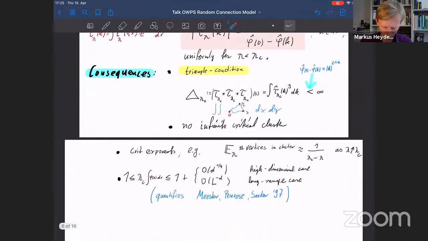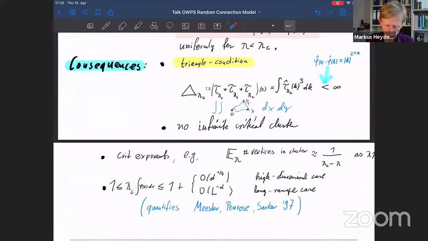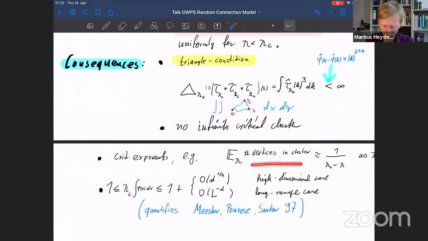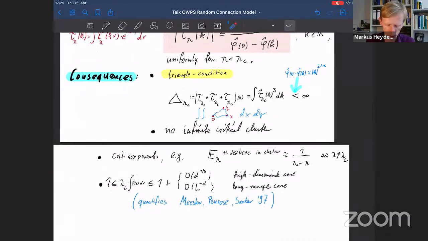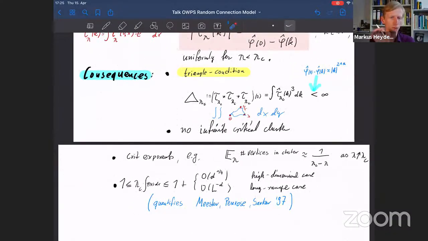There are further consequences, namely so-called critical exponents. They come, more or less, not so directly, but they come out of this triangle condition. So once we have this triangle condition, then we can derive from that also, for example, here's one example of this. If we look at the expected size of a cluster, so the expected number of vertices in a fixed cluster,